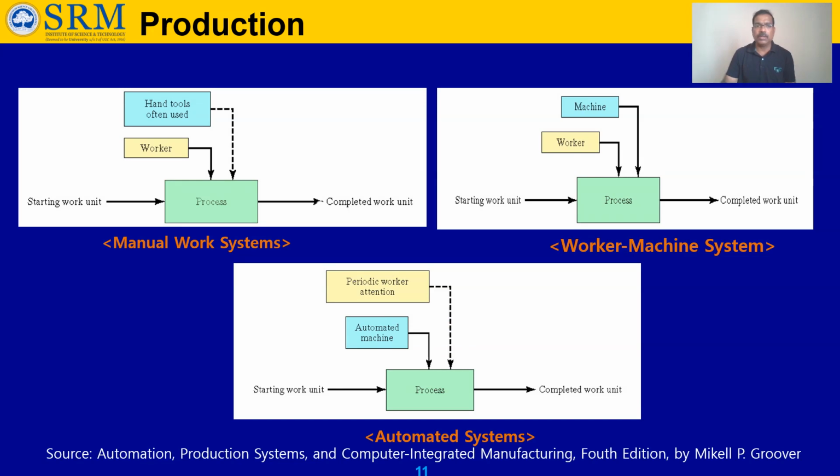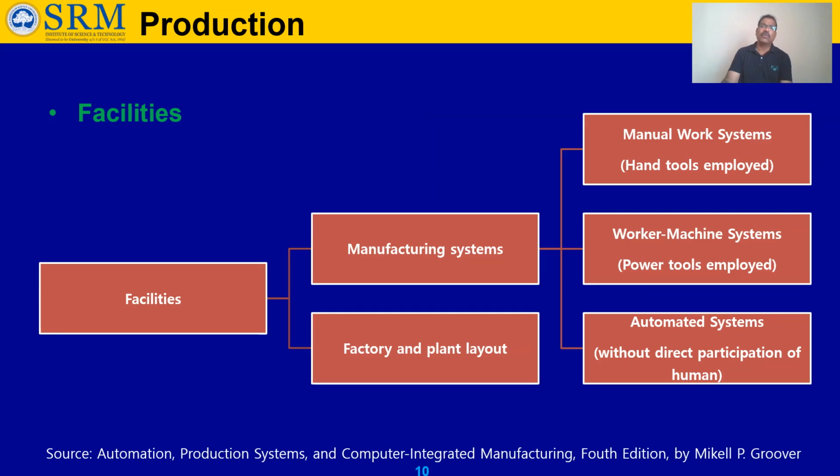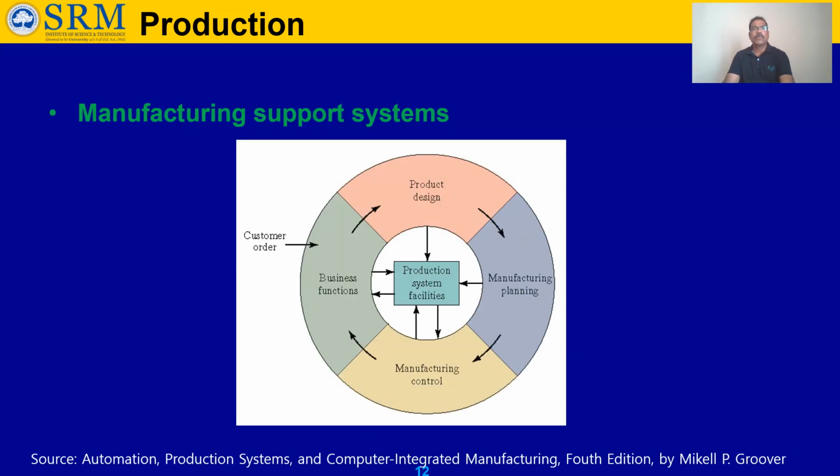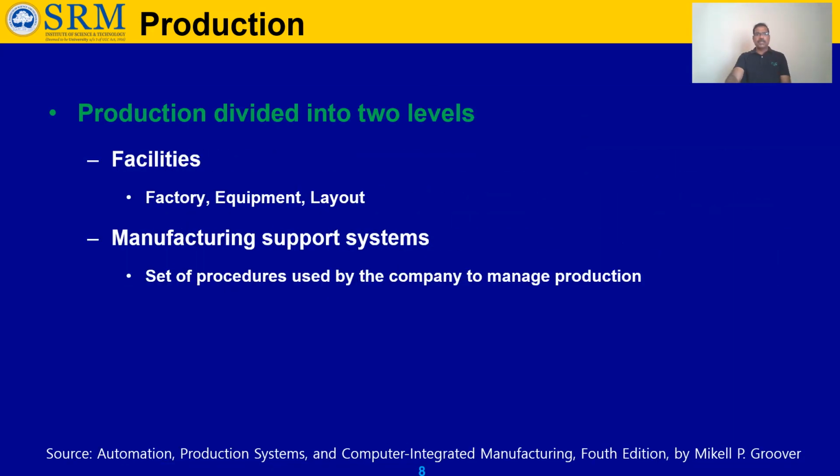So this is all about the three types of manufacturing systems available. Okay. Then, the overall view of the manufacturing support system. If we say manufacturing support system, this is the whole system, because as I said, production includes two things. So the first one is what? Facilities. The second is the manufacturing support system. Facilities discuss equipment, layout, machinery, everything. But the manufacturing support system is the administrative process where production is managed properly. This is a very, very, very important topic.